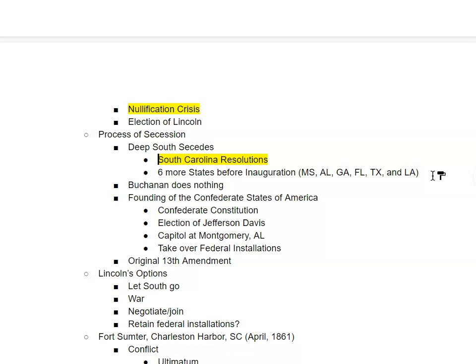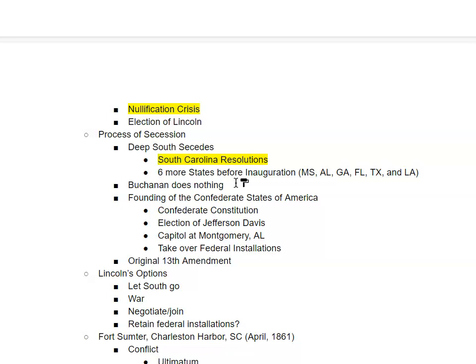But 6 states follow South Carolina in January, and one by one they hold votes to secede, and they vote in favor of secession. President Buchanan takes no strong position. He is on his way out, and for that reason, many presidential lists, when historians rank the success or strength of presidents, Buchanan habitually ranks near the bottom because of his lack of leadership during his lame duck, for other things too, but especially his lack of leadership during this lame duck session